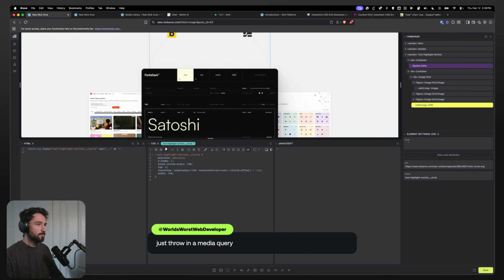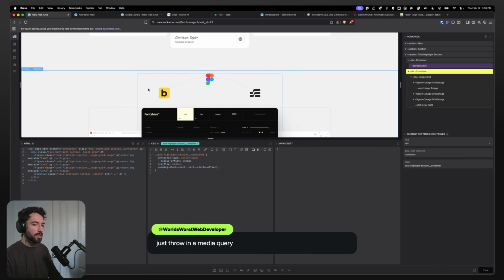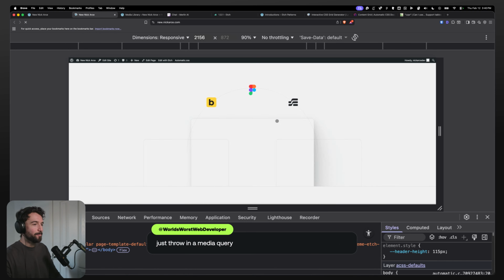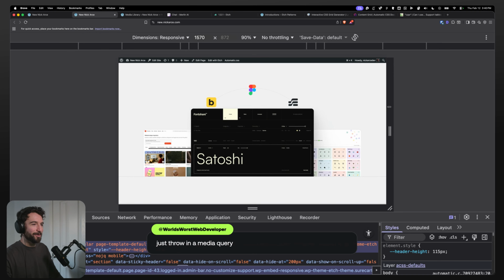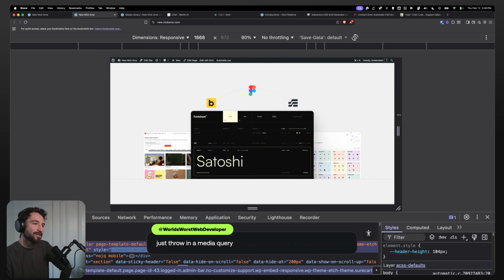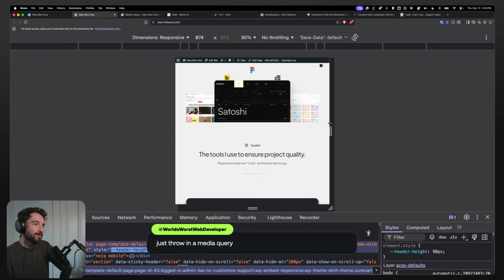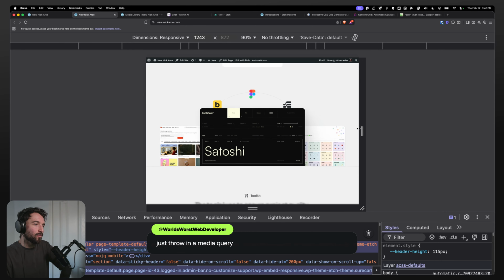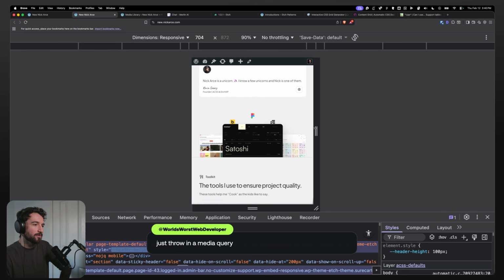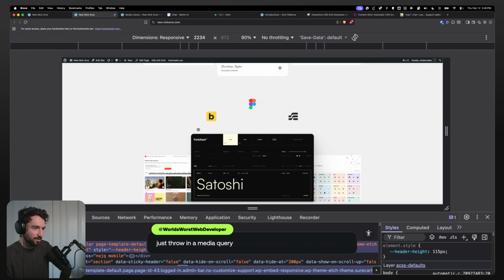60%? 50%? No, 60%. Yeah, that's fine. And then we're going to go back here and say this is only 10% of the query. Did that solve it? No, wait. Okay, it did when it's there. When it's changing, now look, it's staying stationary. But when it's at its largest,